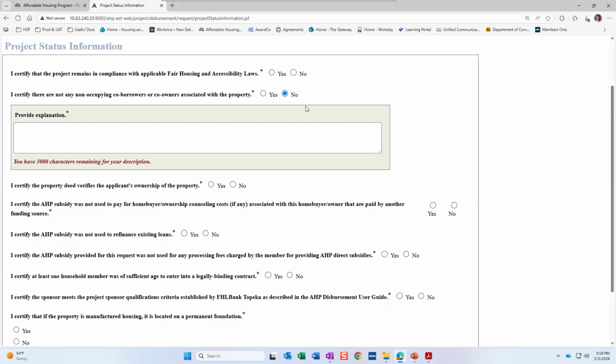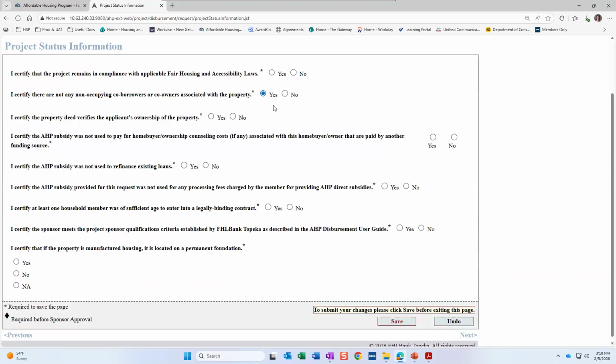Please keep these things in mind. And if you do know that you are not going to fall within the requirements of one of these guidelines or rules, please reach out to us prior to closing, if at all possible. If you reach out to us prior to closing, then we can make sure that if we can provide an exception, we get that approved ahead of time. Because if something is submitted, and then we realize that one of these policies is being violated and it's a regulatory requirement, then we cannot provide an exception around it and we won't be able to fund it.